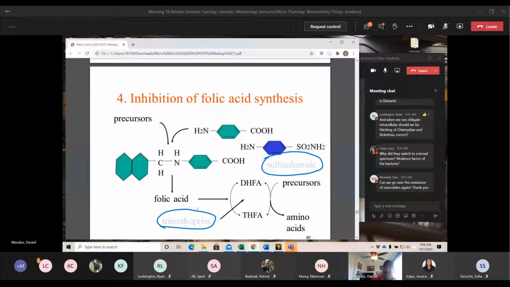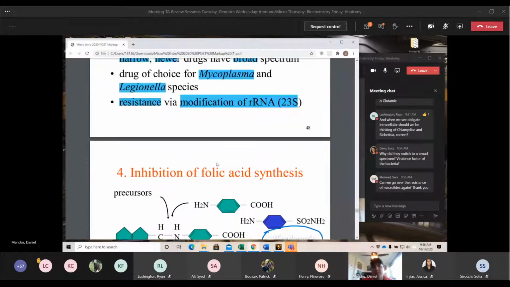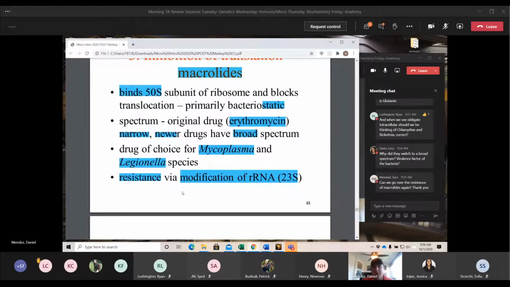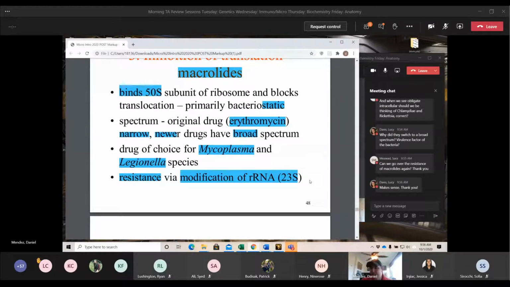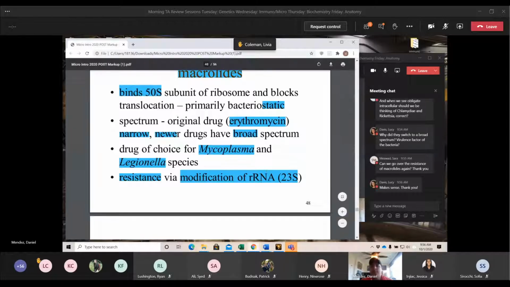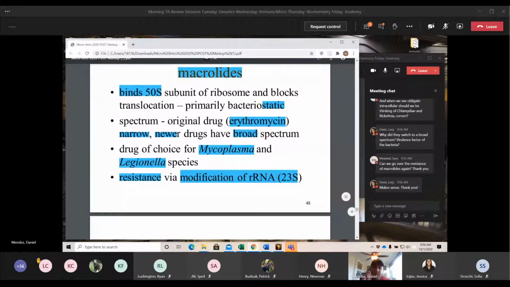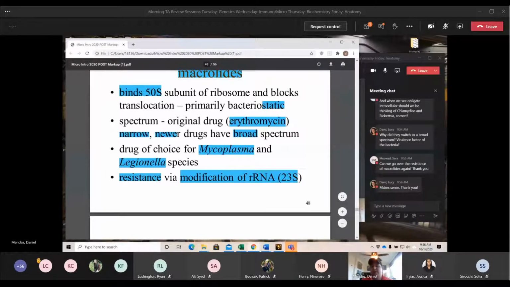So they have that coverage in those in-between periods. So resistance for the macrolide: the bacteria modifies the 23S rRNA subunit. Remember, rRNA is just your ribosomal RNA. To make the 50S and 30S subunits, they use rRNA. So if it modifies the 23S rRNA, it's changing substituents on that, changing some of the base pairs. By doing that, it can inhibit the macrolide from binding to that 50S.